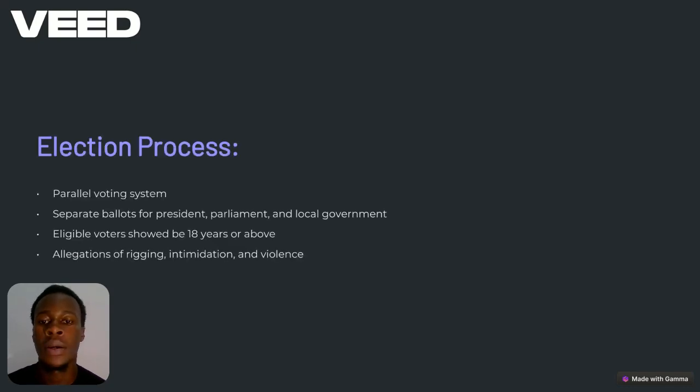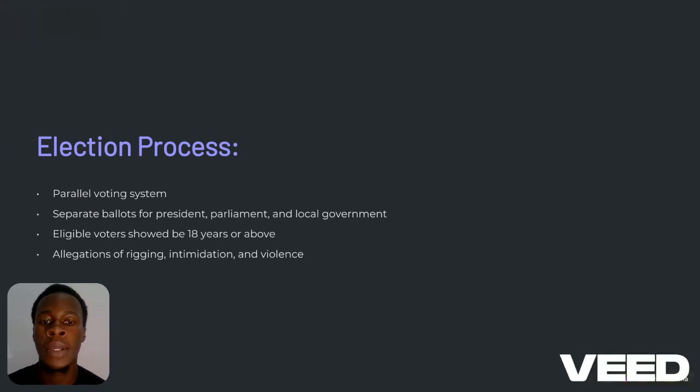Election process: parallel voting system. Separate ballots for president, parliament, and local government. Eligible voters should be 18 years of age and above. Allegations have been made of